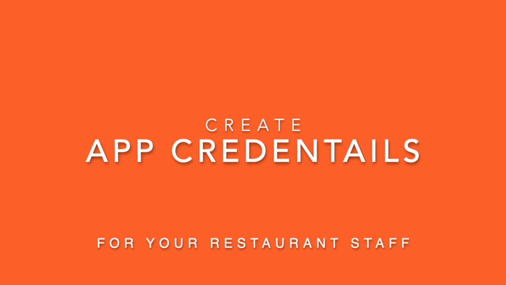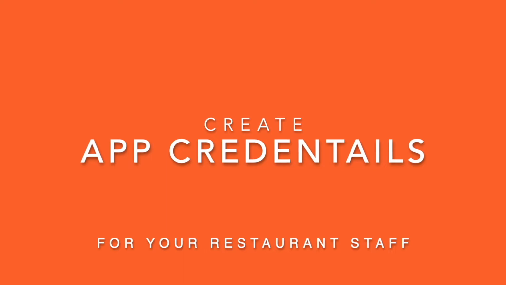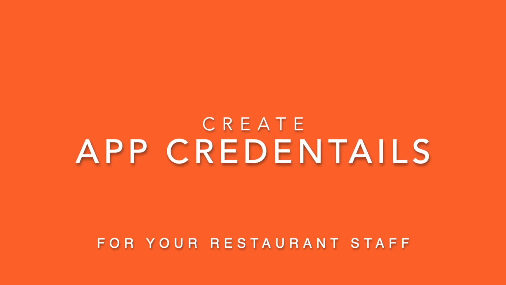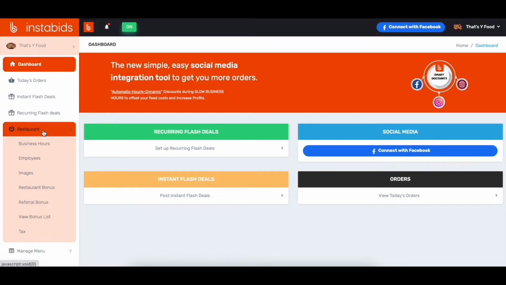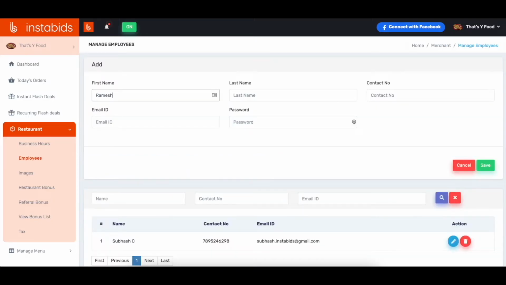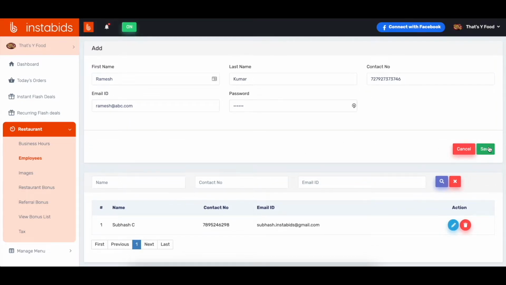Let's talk about how you can create mobile app credentials for your employees. On the left hand side, you click on restaurant and click on employees. Enter the first name and last name of your employee, his contact details, an email ID of your employee, and a password. And once you create that, you click on save